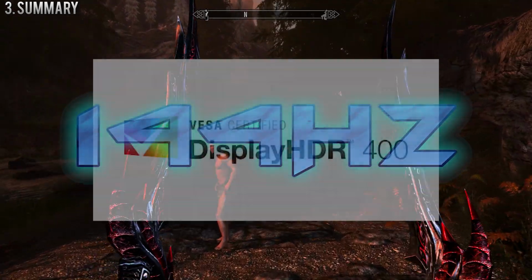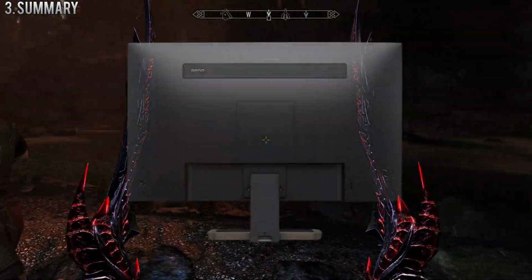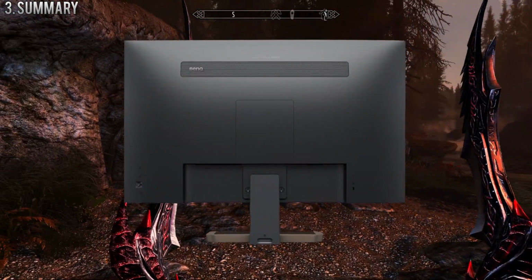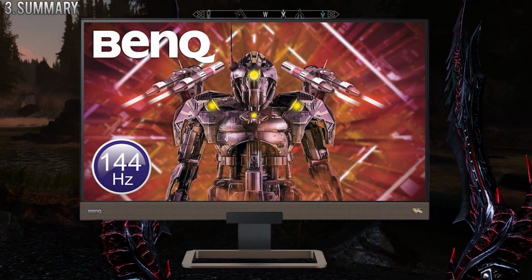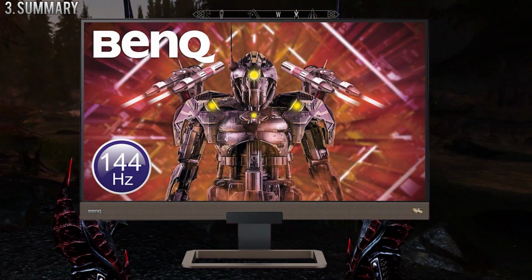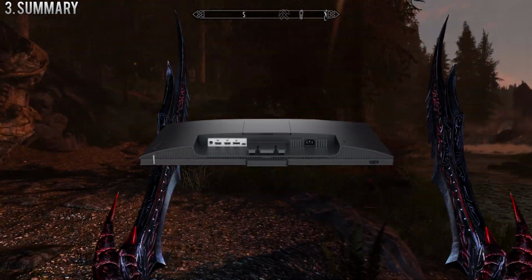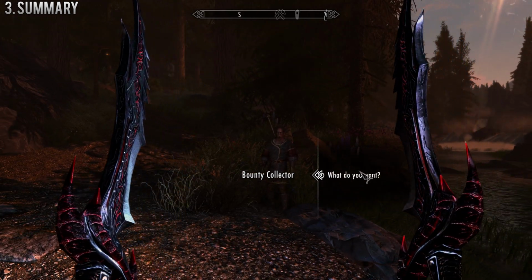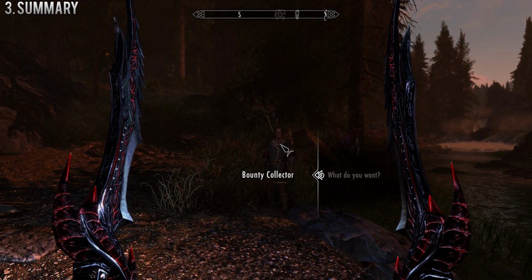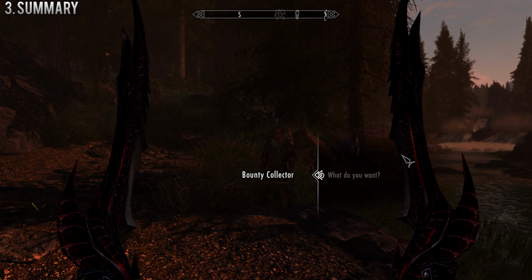So to summarize then, this is a 27-inch monitor with a resolution of 1440p, a max FPS of 144, high dynamic range colors with 3 different modes. It has a very deep bassy sound that's very clear as well. It's got a very thin bezel around the screen with a gold copper finish and a secure stand. It's got 2 HDMI slots, 1 display slot to connect to your PC, and I think it's both very easy to set up technically and physically, and it's also very easy to change the settings using the included remote,